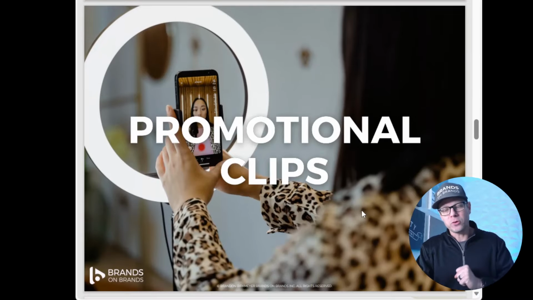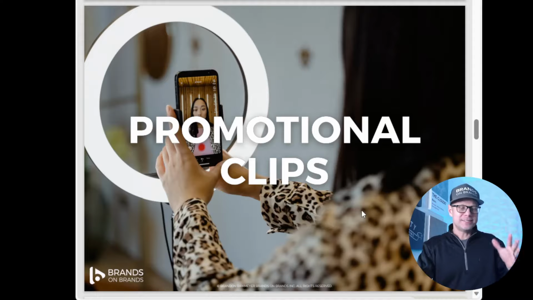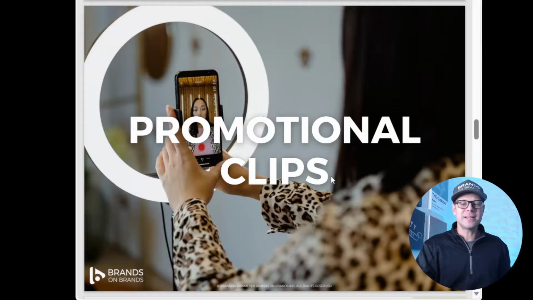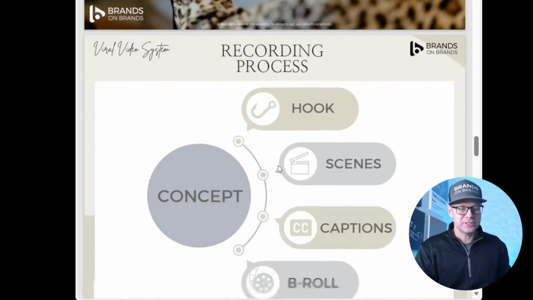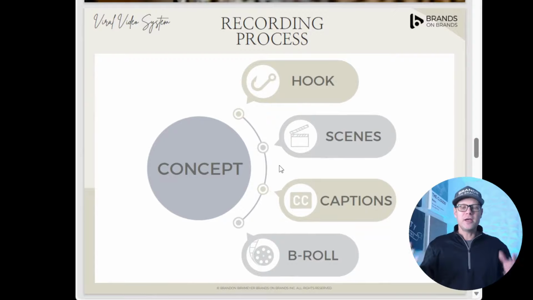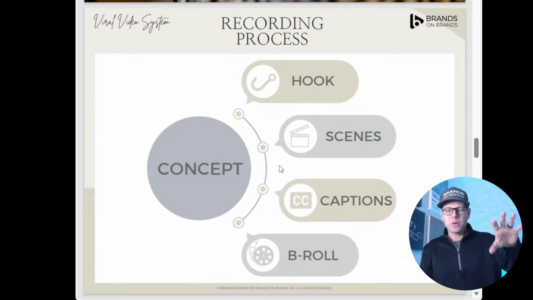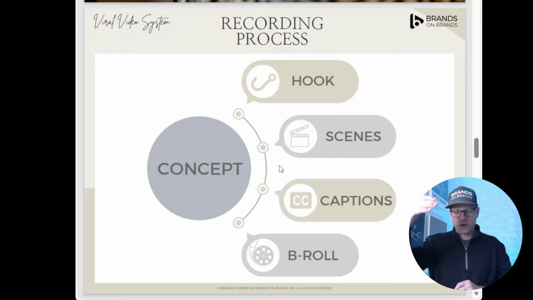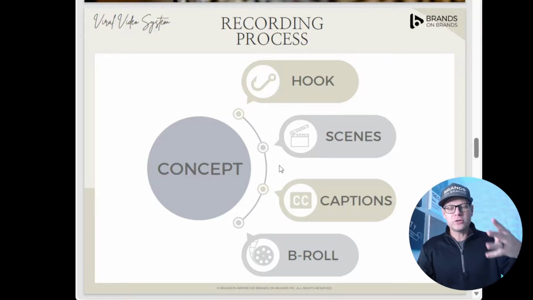Second is promotional clips. So we talked about repurpose clips. The second is going to be promotional clips. Now, promotional clips, as we mentioned, are the things where you're going to be looking at the camera yourself and making a more direct video. Now, there is a formula for making this actually grab people's attention, because just talking to a camera isn't enough. We have a 4-step process. After you have the concept of the video pulled out, you know what the main idea is, you're going to be recording this from scratch, and you're going to look at 4 steps.